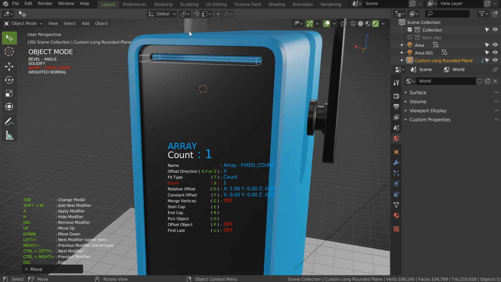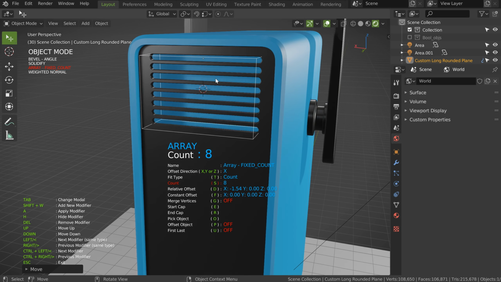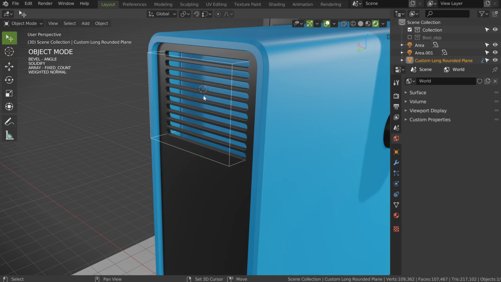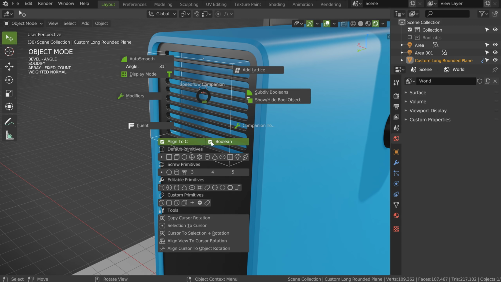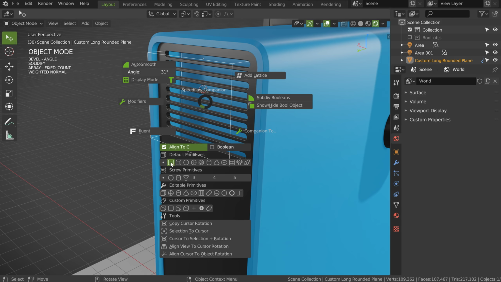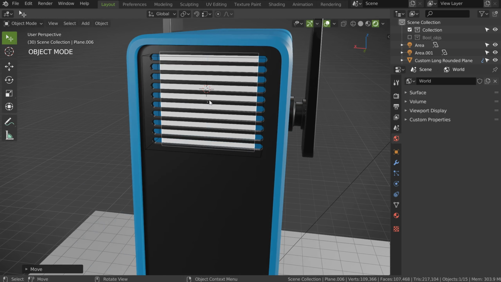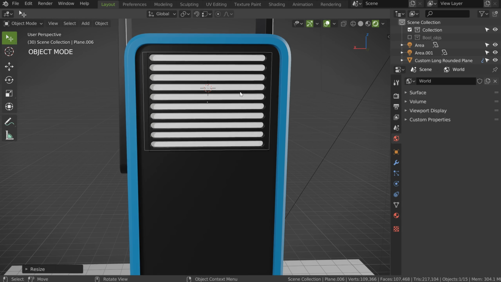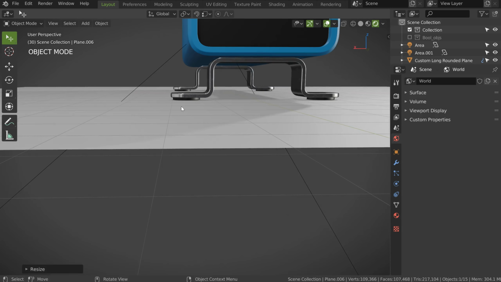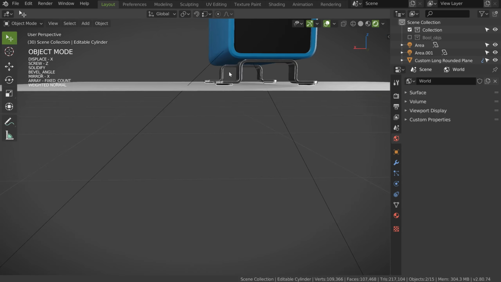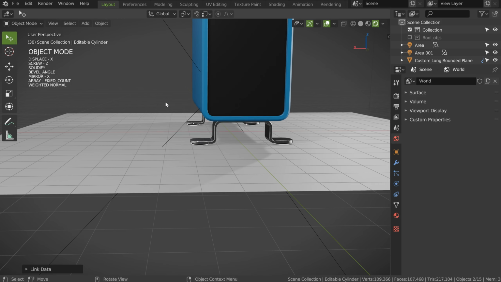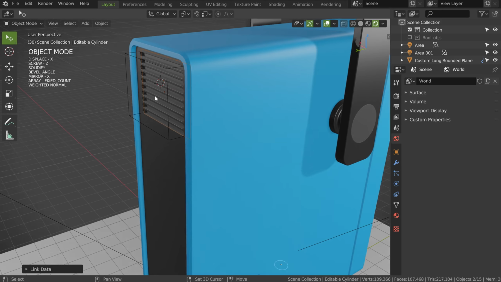I will add an array. Up, I will play with the offset, just like that. Up, and I will make something like that. Boom. I will press Shift Q and I will remove the boolean and I will create this one. So like that, I will be able to move it, to scale it, and I will copy a shader. I will copy this one, so Ctrl L, materials, and that's it.